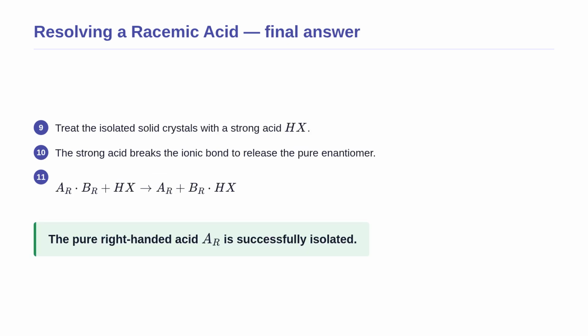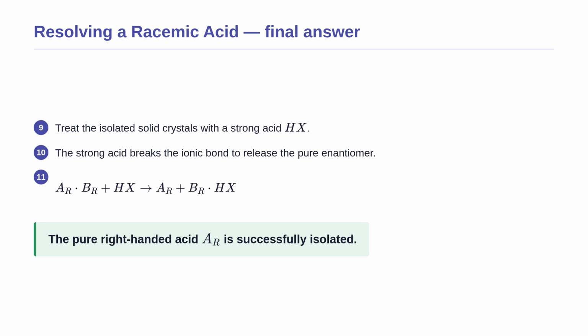For the final step of our resolution, we take the solid crystals of the right salt that we just filtered out. We treat this salt with a strong acid represented by HX. The strong acid breaks the ionic bond, grabbing onto the base and releasing our desired pure right-handed acid. The chemical equation shows this final recovery step. The pure acid can now be extracted, successfully completing the resolution process. Physically, we have used a temporary helper to sort the molecules and then removed the helper to get exactly the